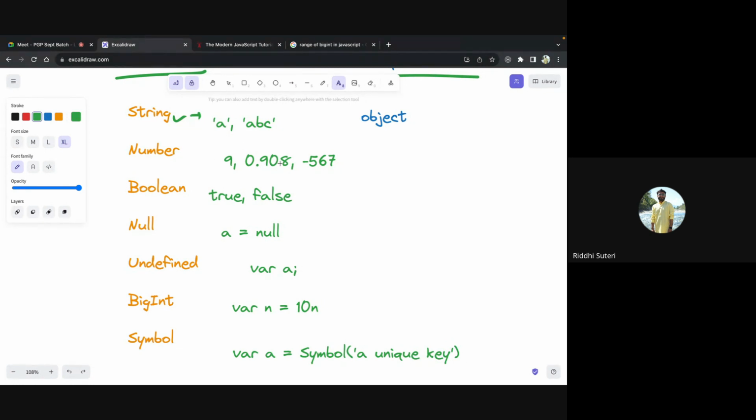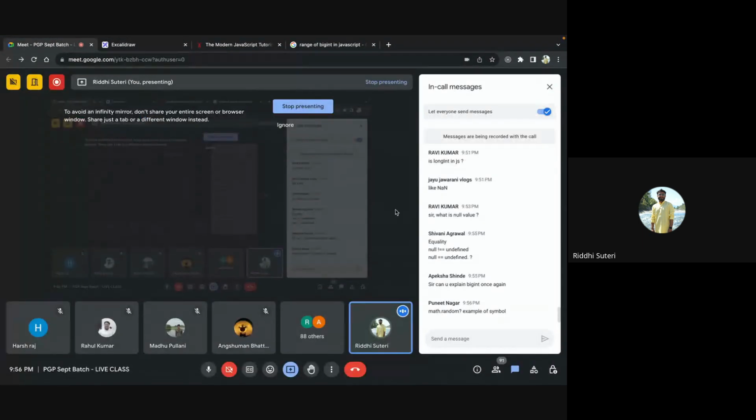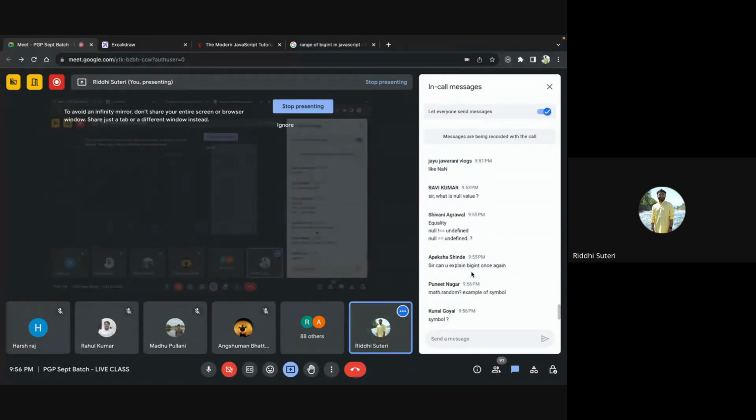We will show you some working examples of both BigInt and Symbol once we clear out the discussion of typeof operator. Once we see the typeof operator, then we will try to understand how Symbol comes in and where we can see this in real life examples. But before doing that, I hope all these pointers like string, number, boolean, null, undefined, everything is clear from your side, and we can move to the next part.